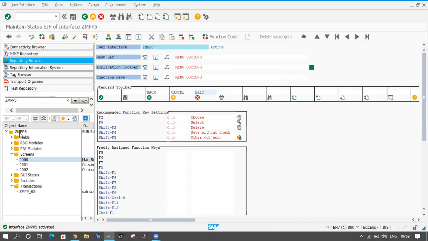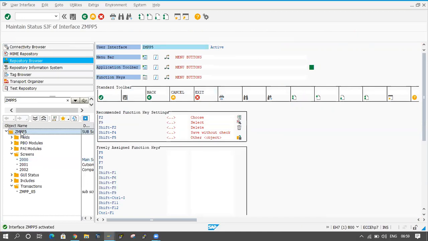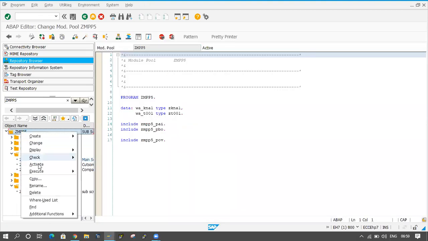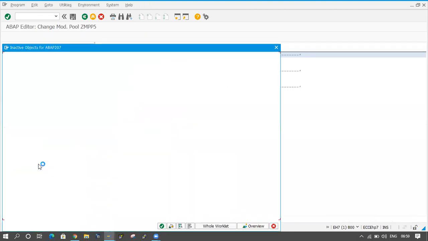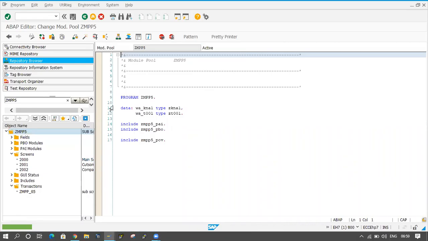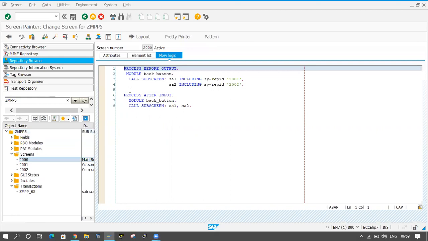It's activated. Now once again double click on the main program and activate it. Fine, it's activated. In the 2000 screen, in the PBO, I am adding back, cancel, exit, three buttons.